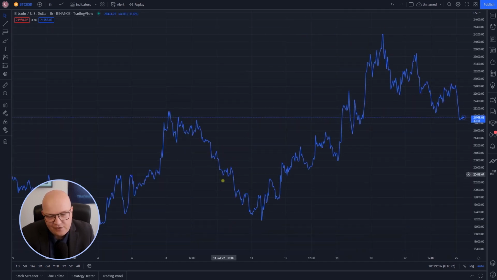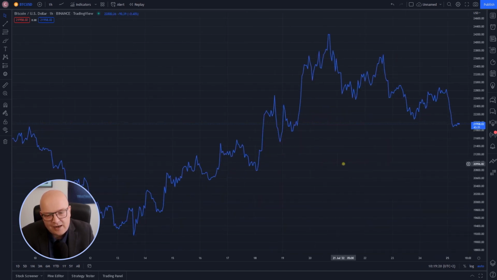The benefit of line charts is that they make it very easy to, for example, identify trends. They give you a broad overview of what is in general going on with the market. This is the type of chart you will usually also see when you watch things like Bloomberg TV, CNN, or any news format that reports about what is going on in the cryptocurrency markets or financial markets in general. The drawback of this type of chart is that it lacks information.